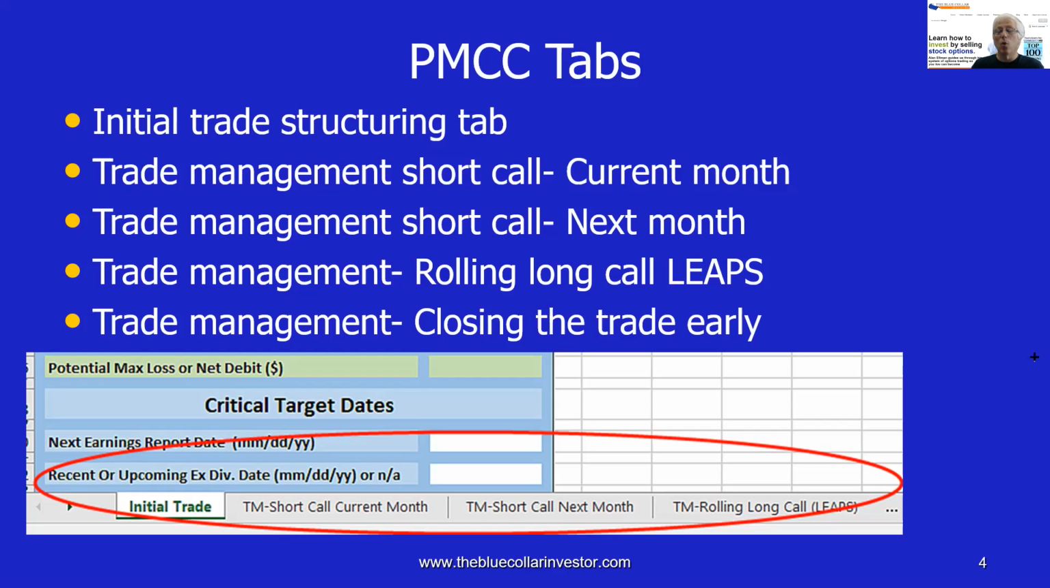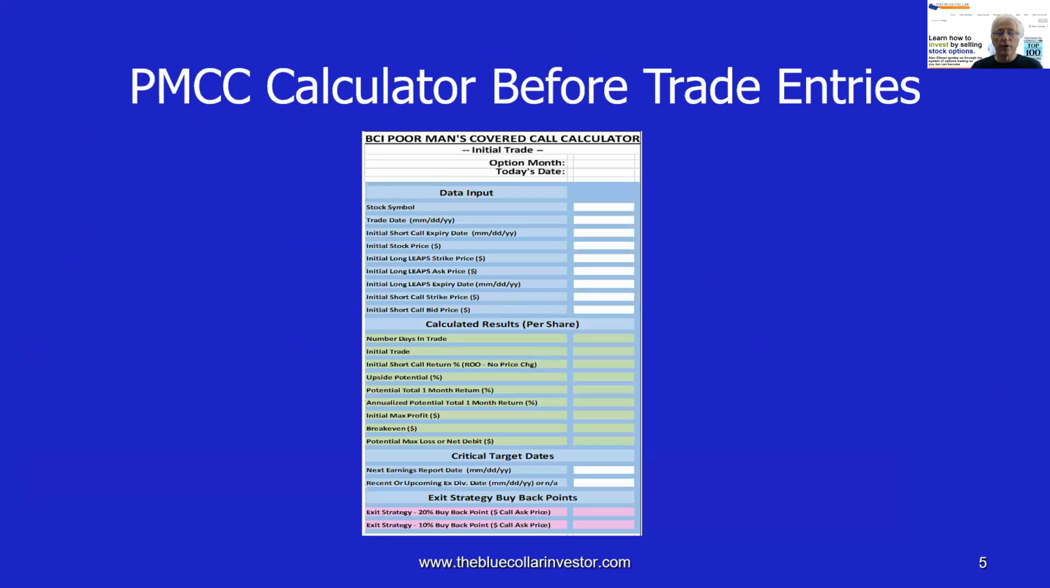And we don't want to put more money into it by buying that deep in the money call option back. So we close the trade. And the fifth tab, as you'll see shortly, will let you know your position at that point in time if you close the trade early. So let's get started now with looking at an overview of the Poor Man's Calculator